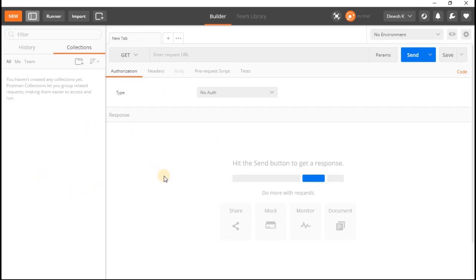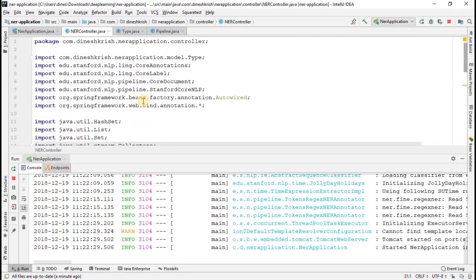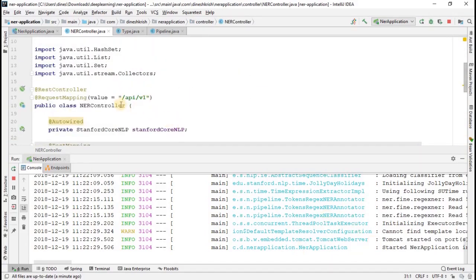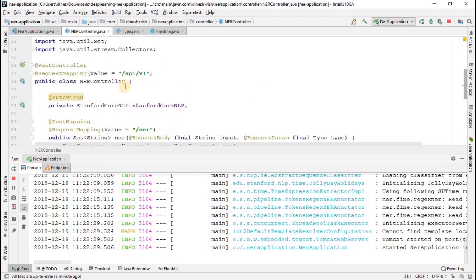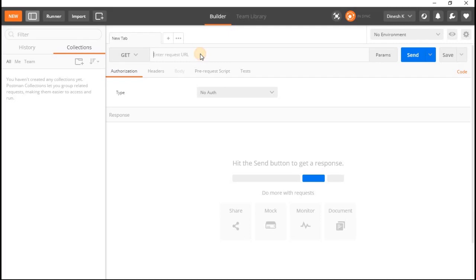To do that, I'm going to mention the URL. So what is the URL? For our application, this is the URL, right? That is running inside localhost 8080 in my local. So what is the URL? API/version1/NER. That's the URL, right? So let me enter the URL, http,